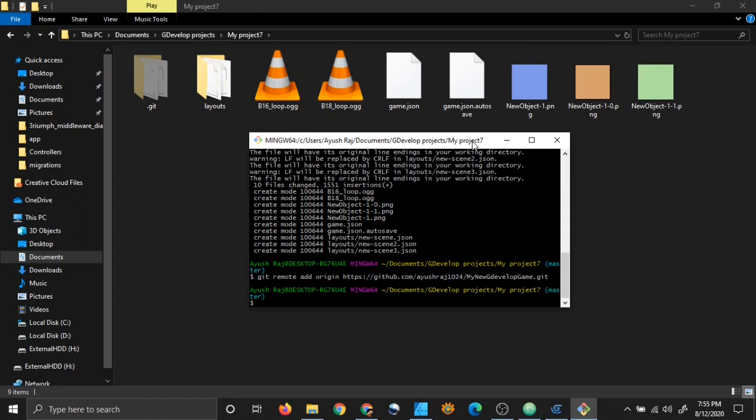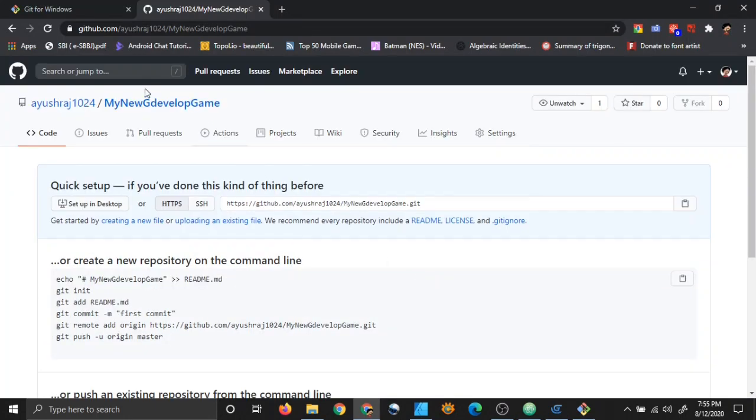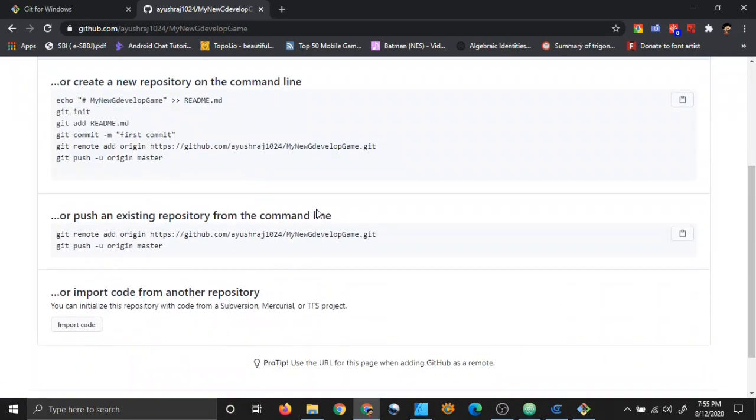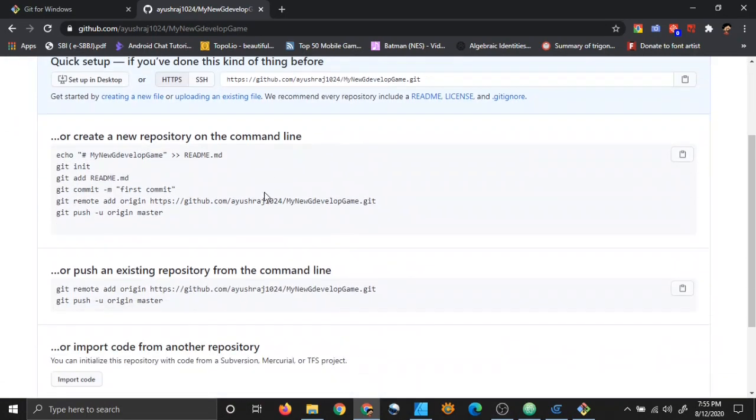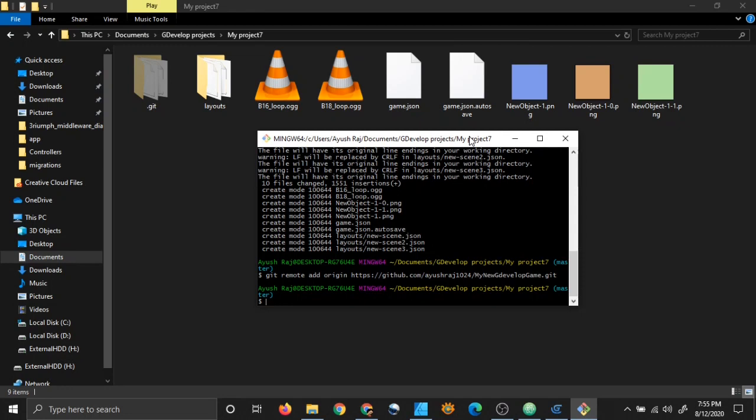So to send the files over, right now if you go to GitHub, you will not find any files. If I reload my page, you will see that it's just telling me the instructions, and I don't have any game files. I can't see any game files in my repository, but now we will be able to do that. To push your files to GitHub, just type this git push origin master,